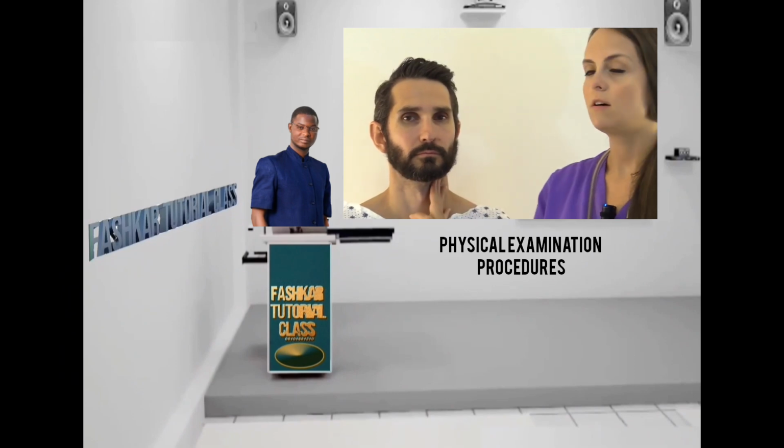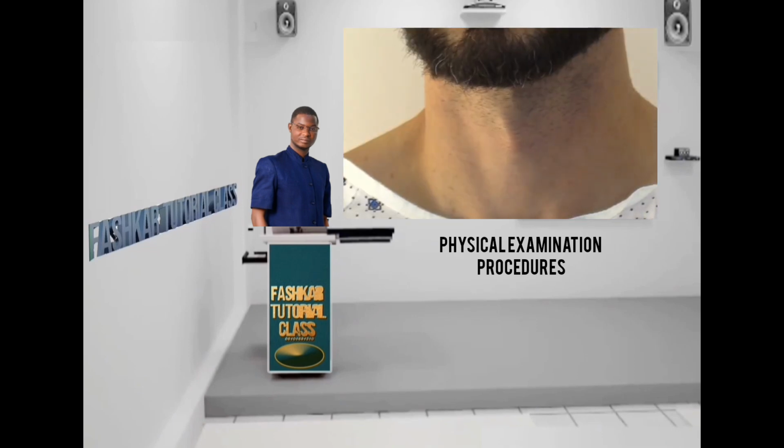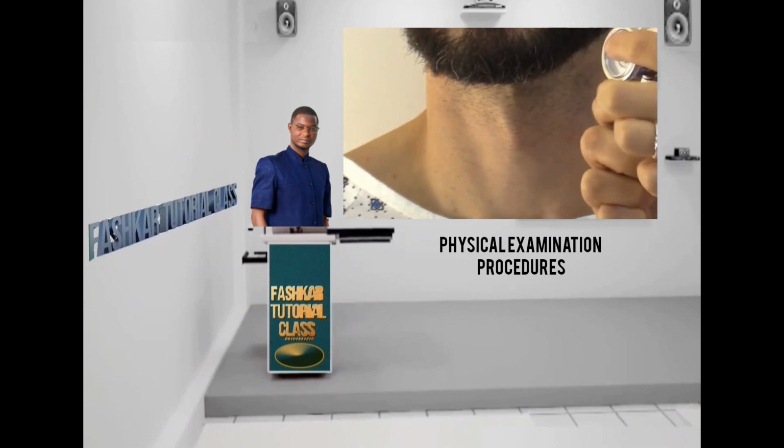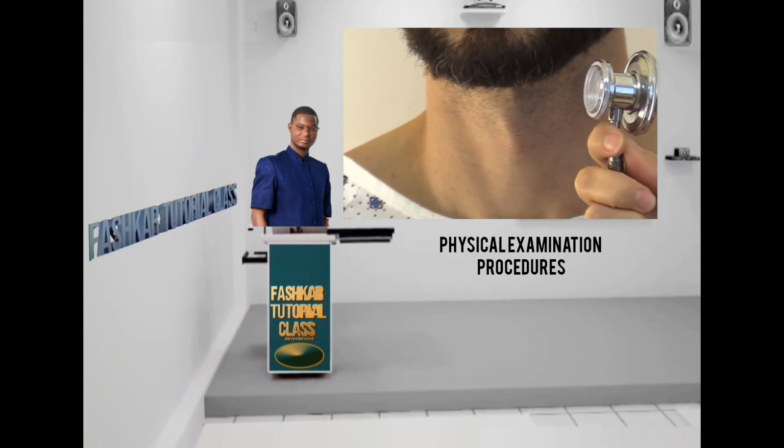Then we're just going to feel on the other side, and same strength, 2+. Then lastly, what we want to do is we're going to auscultate the carotid artery, and you're going to do one side at a time, and you're going to compare sides. And you're going to listen with the bell of your stethoscope, and we're listening for a bruit, which is a